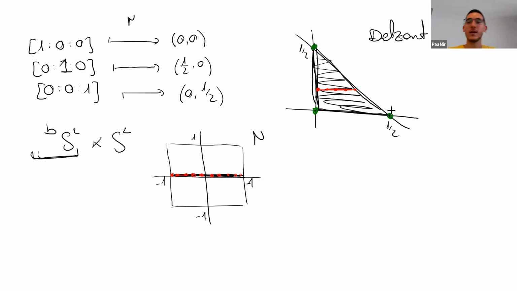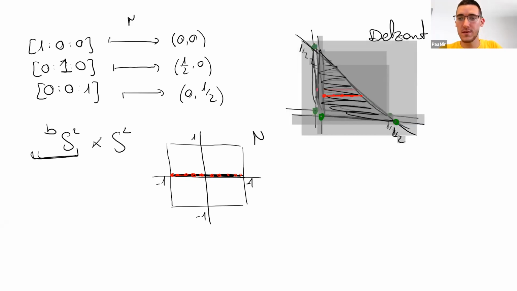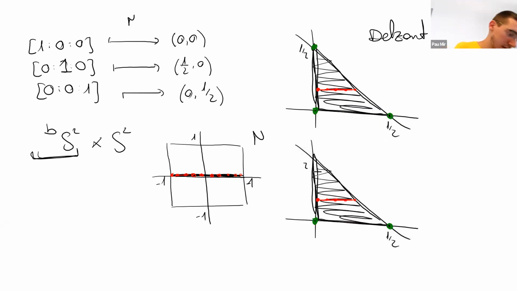What happens if we apply symplectic cut not on a vertex, but near a vertex of this construction? Sorry, I will do it in a way that we can see the evolution of the image of the moment map. So I'm going to cut here, sorry, here, also here, and also here. I'm going to apply 3 symplectic cuttings, and then if I apply these cuttings, what we obtain is a new